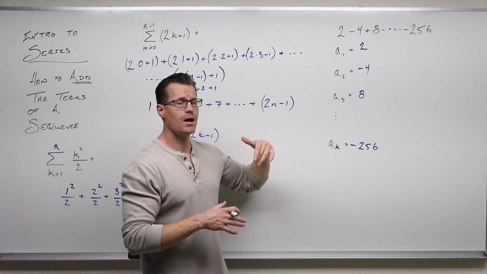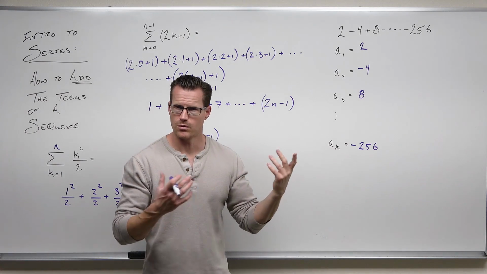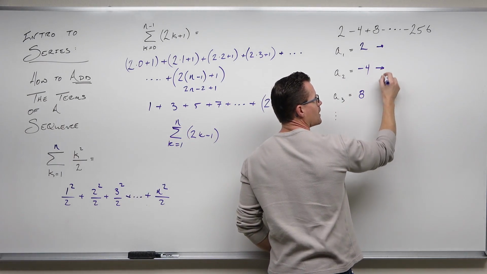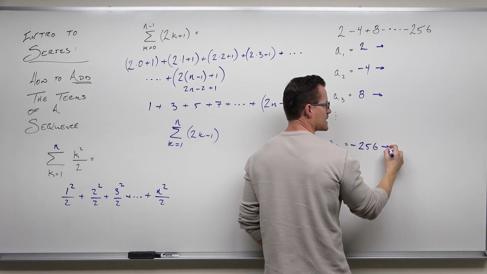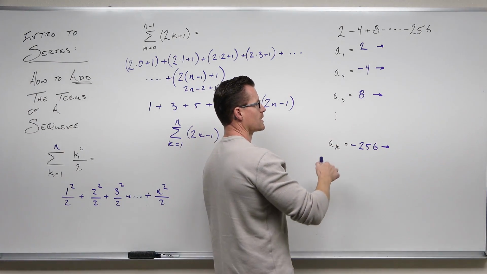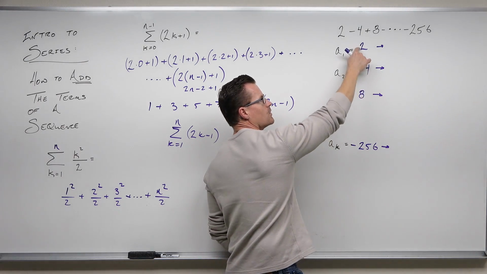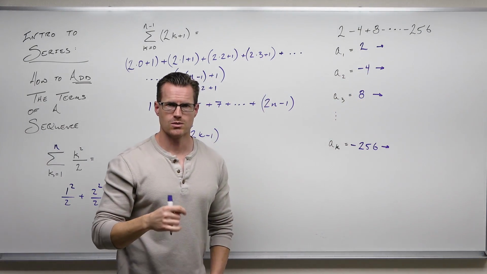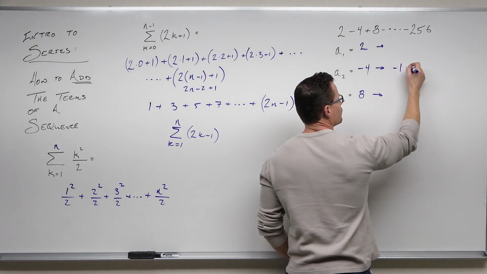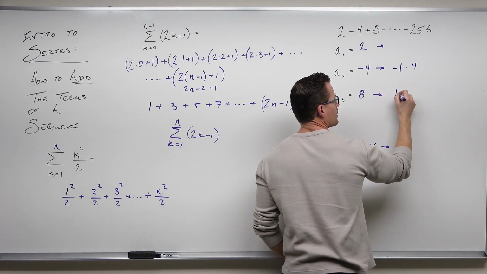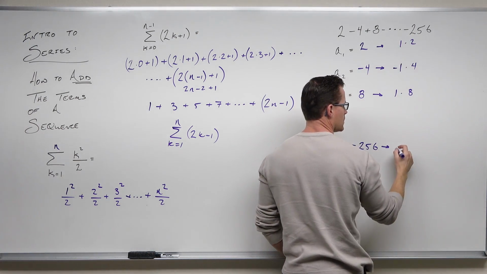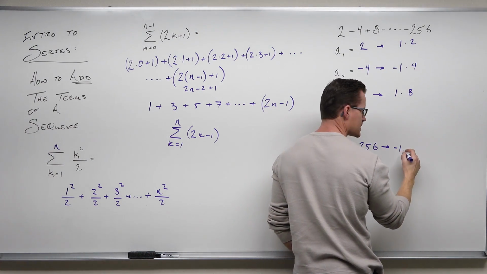We list our terms out, then we try to make them all the same form. What do you mean? Try to make them look like they have the same stuff and represent the stuff that's the same as unchanging things in your series. So I'm looking at this going, hey, I have a negative here, and no negatives here. I'm going to relate this to a -1 eventually. So I'm going to say this is -1 times 4, 1 times 8, 1 times 2, -1 times 256.